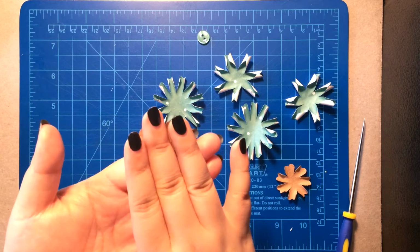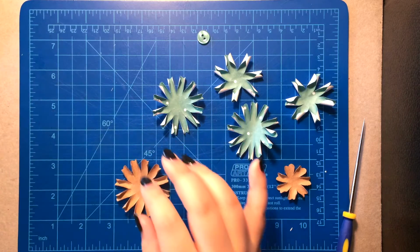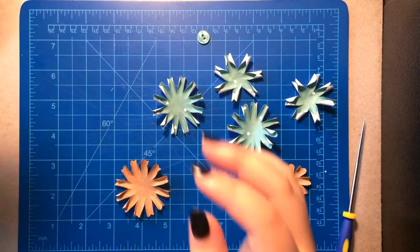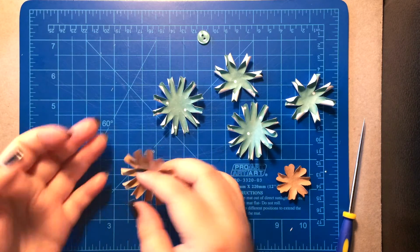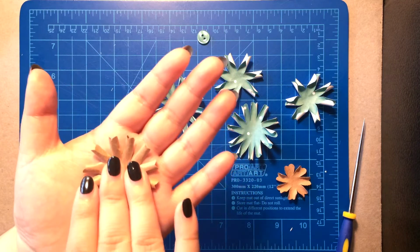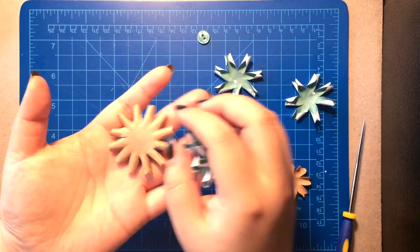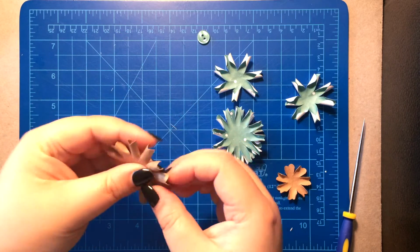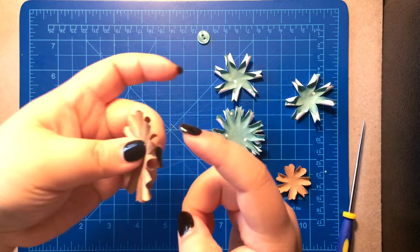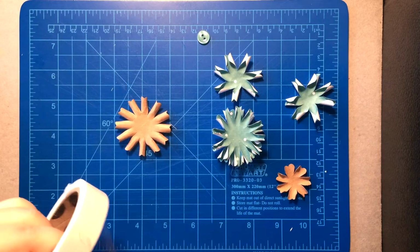And what I like to do to give it more stability and more dimension, you see here it's not all flat, to give it more lift and dimension, I like to flip it over and start piling my flowers like that. So I just flip it over, okay, so that the curls face down. Okay, so I just take my awl,